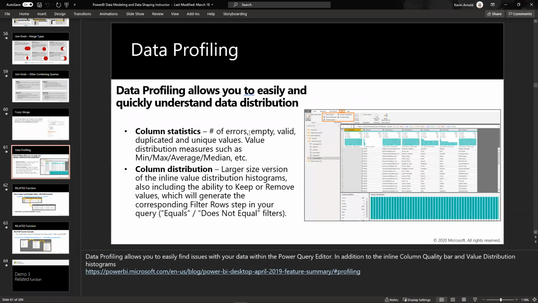Okay. Another extremely useful tool, if you haven't used this yet, is data profiling, right? It helps you easily understand what's going on with your data. When you click on a column, you can get the extra column distribution information down below. You'll get these column statistics. One of the things that I think we talked about once or twice with this group is there's a,